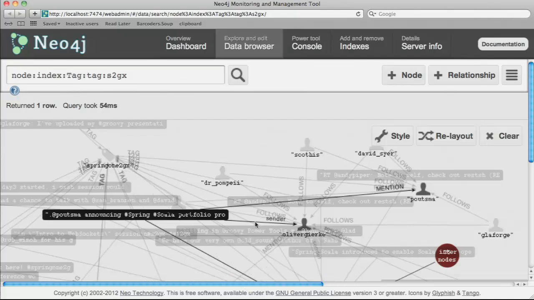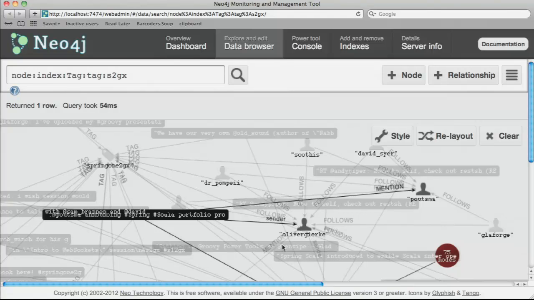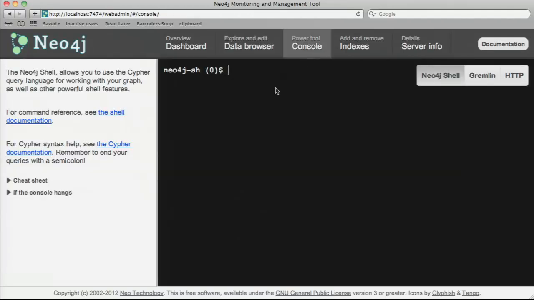For instance, this tweet here mentions Oliver, I think, or someone else. And here in this data browser, I can also go to the Neo4j console, start querying, and experiment with that, explore my data, and derive interesting use cases for using this kind of data.